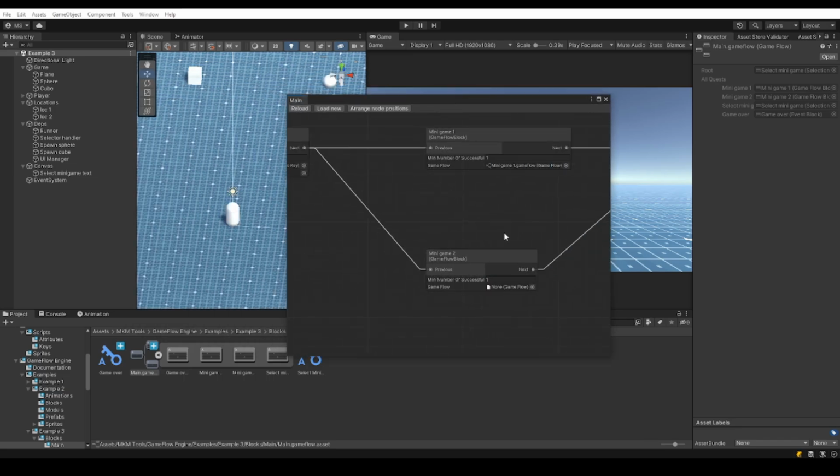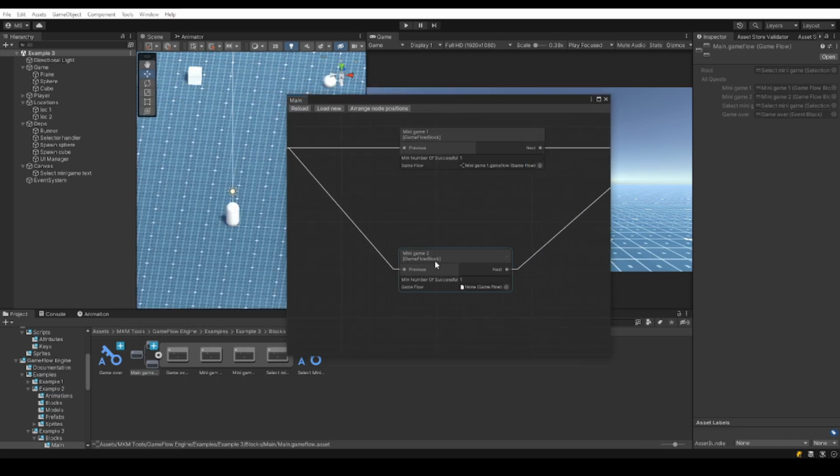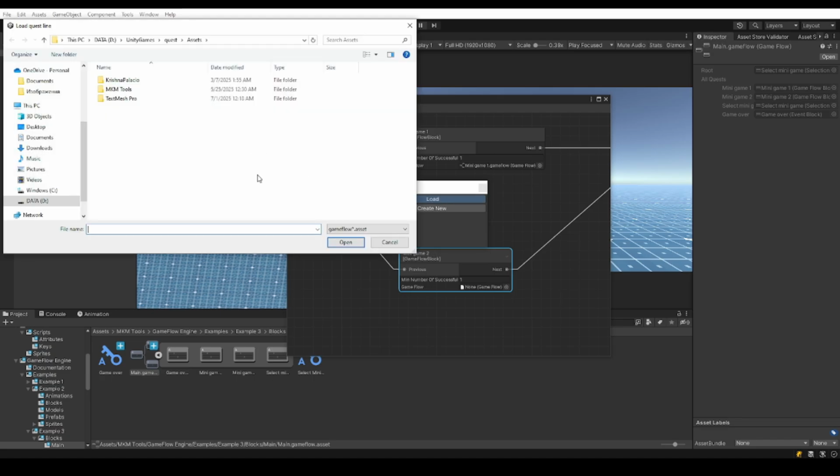The editor window will appear. To assign or open a nested game flow, just double-click on a game flow block inside the graph. From there, you can either select an existing game flow or create a new one, just like you would in